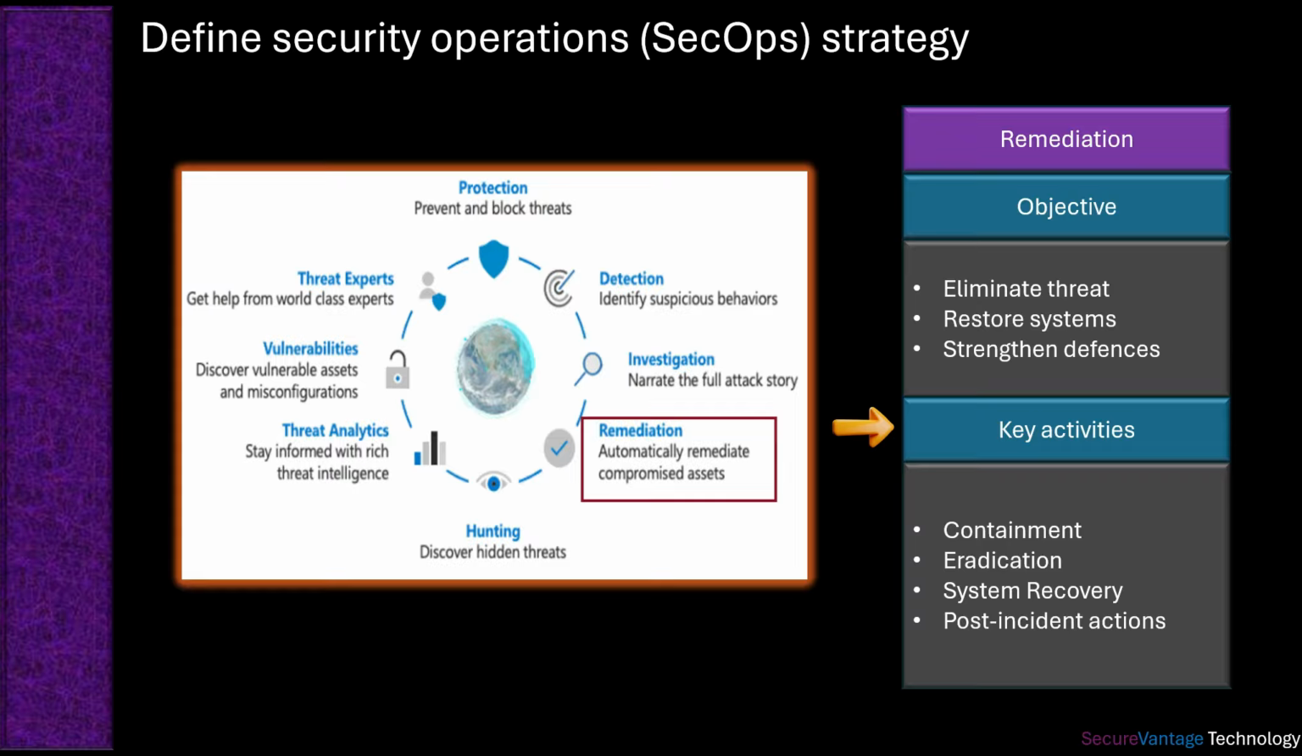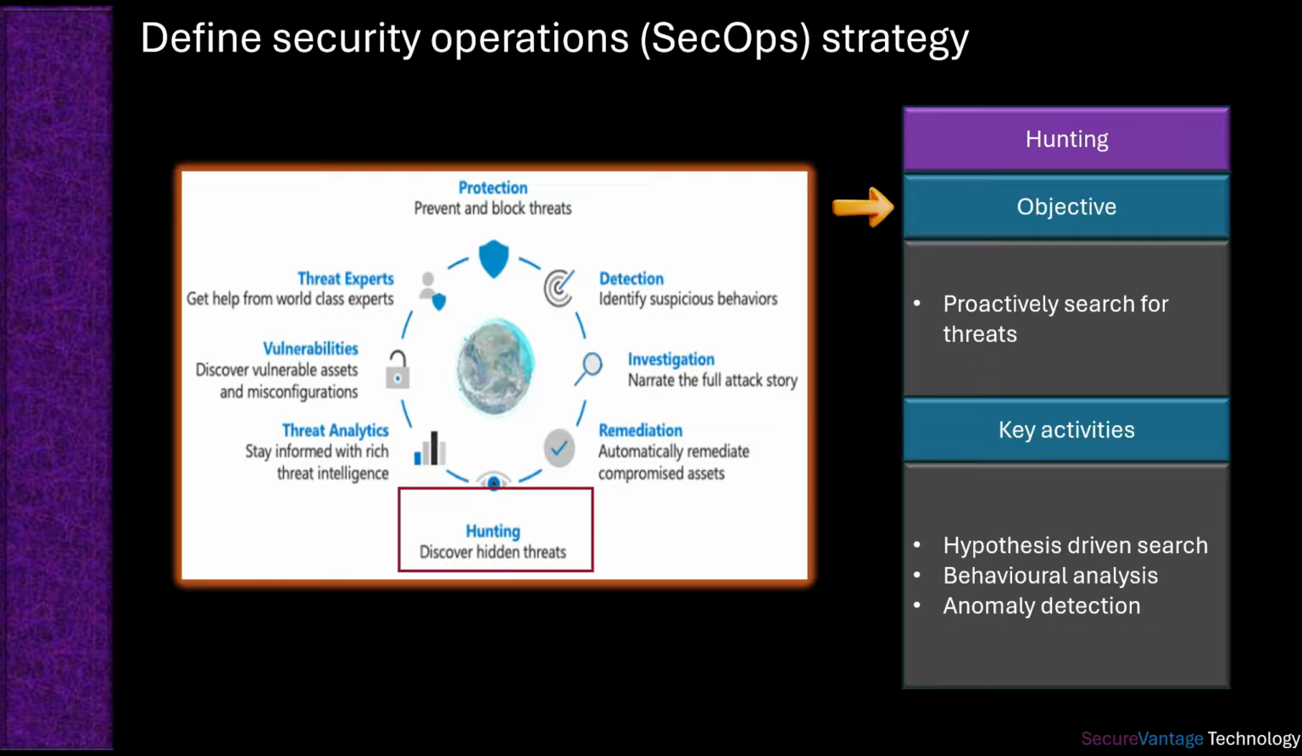And during post-incident actions, organization admins update security policies, apply patches, and educate staff to prevent recurrence. The objective of hunting is to proactively search for threats that may have evaded traditional security measures, often before they manifest as detectable incidents. The key activities that are done in the hunting are hypothesis-driven search, behavioral analysis, and anomaly